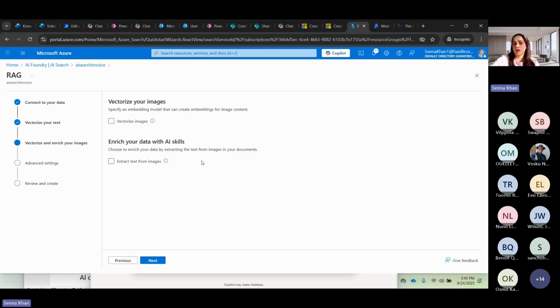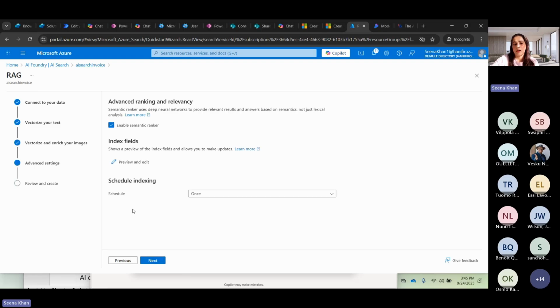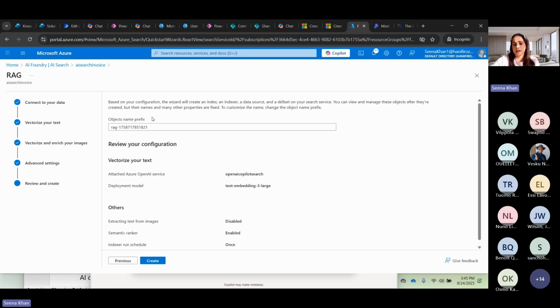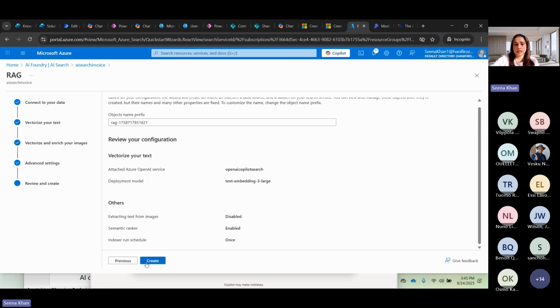Vectorize your images or enrich your data with AI skills. You don't need to do anything over here. Then coming over to next, and now next is advanced settings. In the advanced settings, schedule indexing, select once and then click on next. From here, just review everything, and then select create. So once it's successfully created,